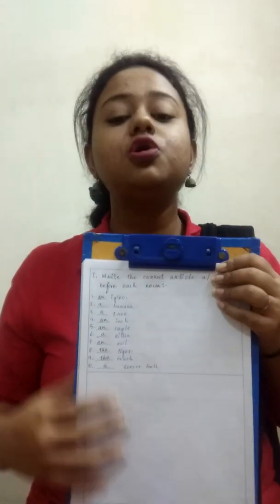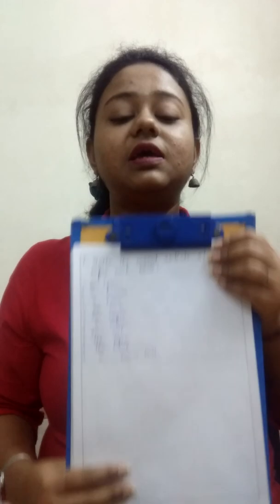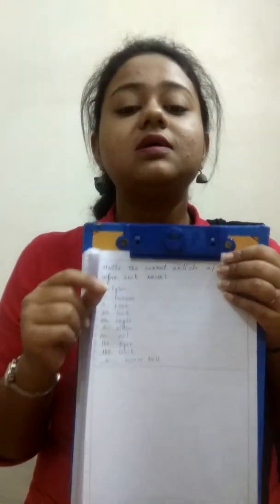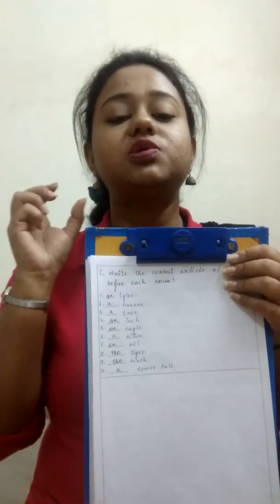After finishing this exercise, you will draw an ending line and underline all this with the help of a scale. I request all the children to do the CW properly in your CW exercise book using a sharpened pencil and scale. Do it with neat and clean handwriting, see the PDF file, copy it down, and in the next video I'll post more CW, which you will finish. After the CW is over, I will upload the PDF file of homework exercises. You have to do that homework in your holiday homework exercise book.